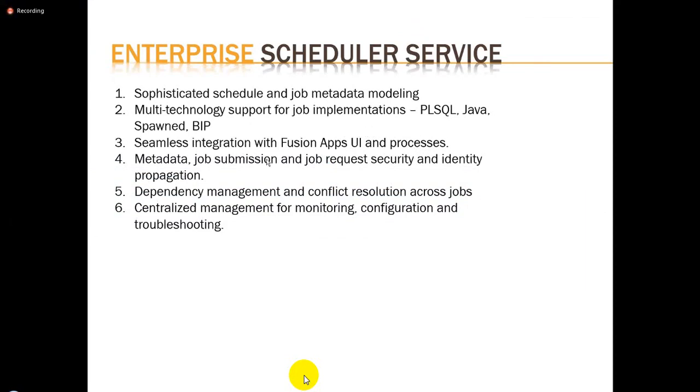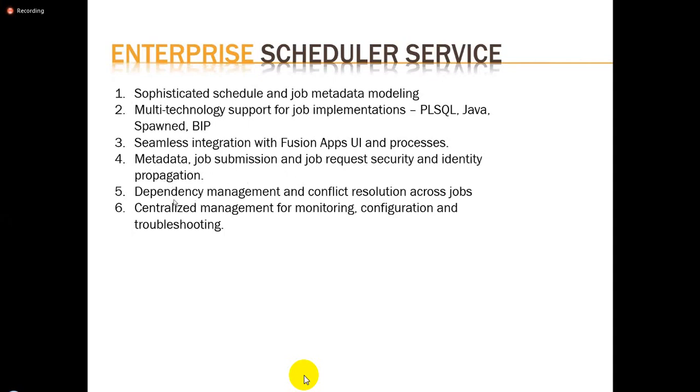And it has the metadata, meaning job definition, job submission, job request security, and identity propagation. It means when you create a job, apart from maintaining the job details, we can establish the security as well. Establishing security means what job should be available for which user, and what job should not be available for which user. So that security can also be controlled using the Enterprise Scheduler Service.